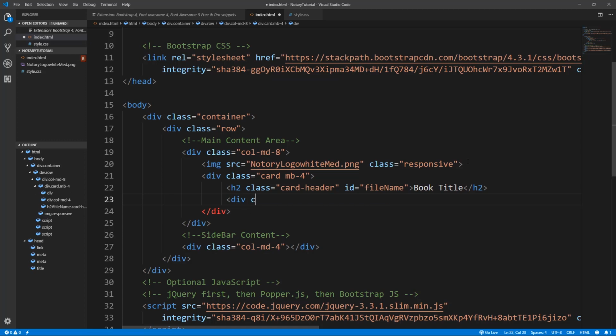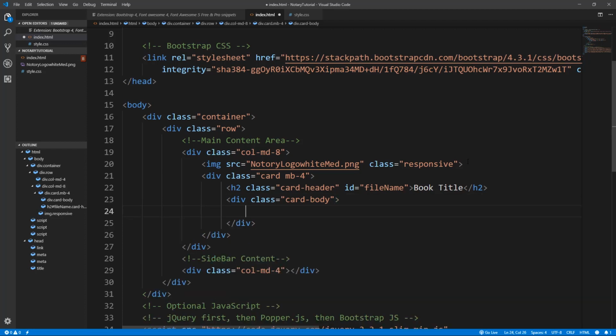So I'm going to create another div, and I'm going to give it the class card-body. And you can see here Bootstrap's very organized, and once you know, it's real easy to lay these things out, super easy to do. Now the next thing I need to do is build my viewer. So this card body will give, and I want to put the viewer inside that to display my book. And so I'm going to give that a class,